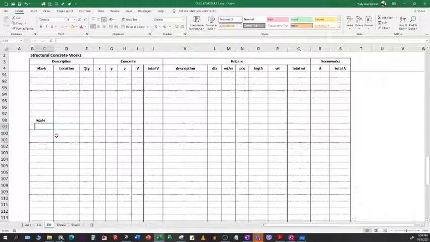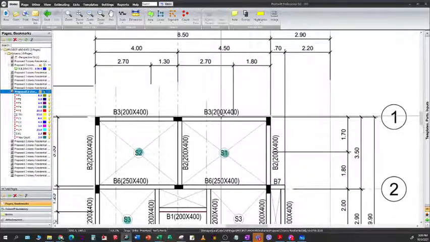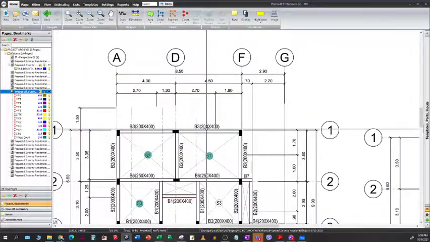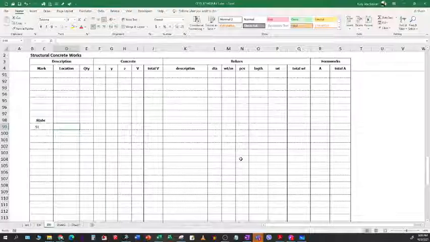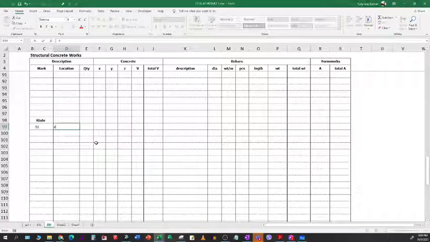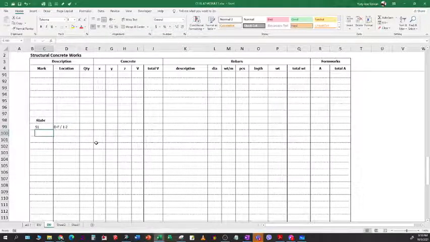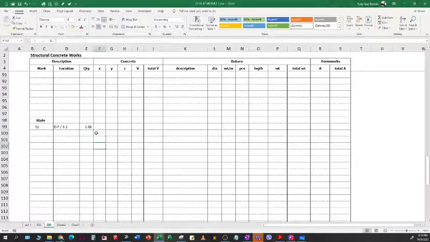Let's say S1, and then for the location, we specify the location based on the grids. So DF slash 1, 2. For the quantity, we just use one slab. And then for the concrete,